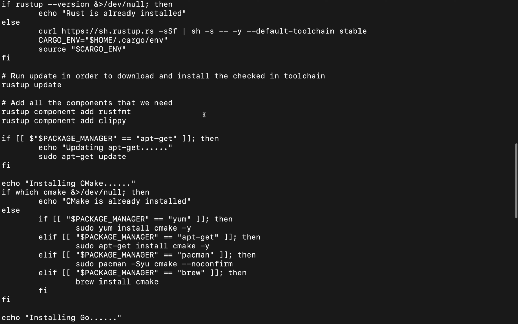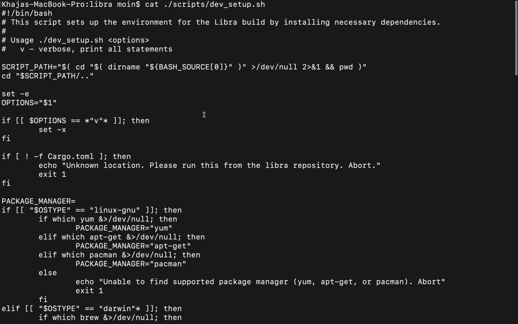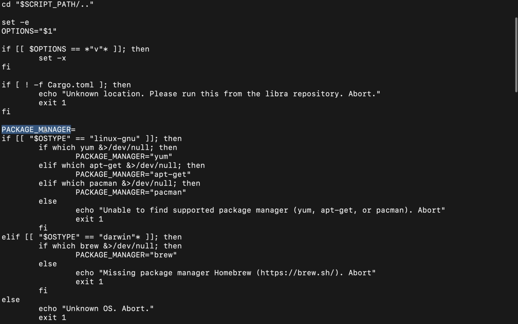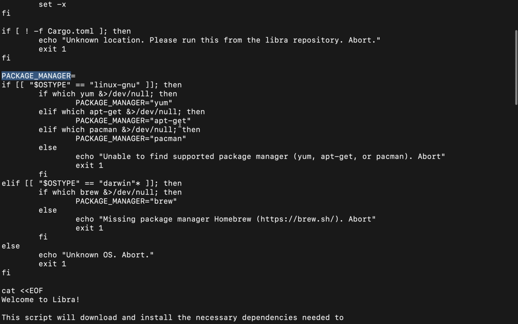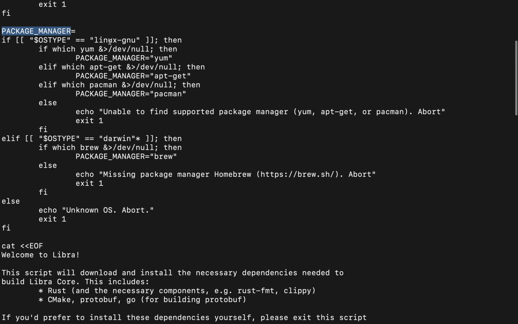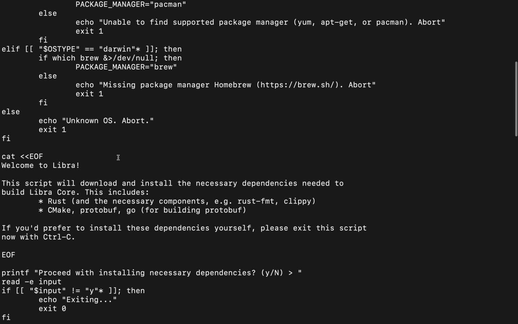If we go inside this, you can see that it is a little heavy dev setup file, but you can see here that we are trying to set up the package manager depending upon the operating system we have. So if it is Linux, Darwin, right,